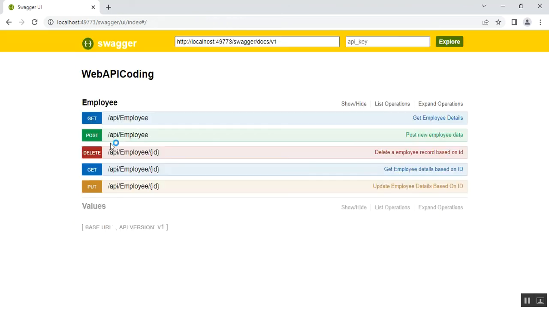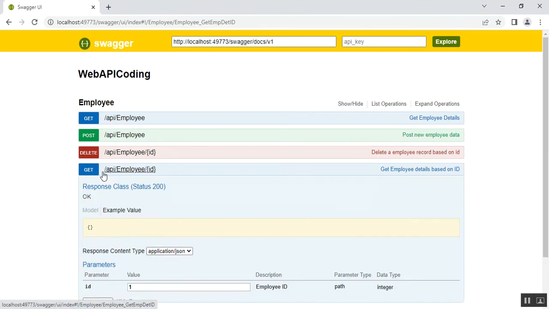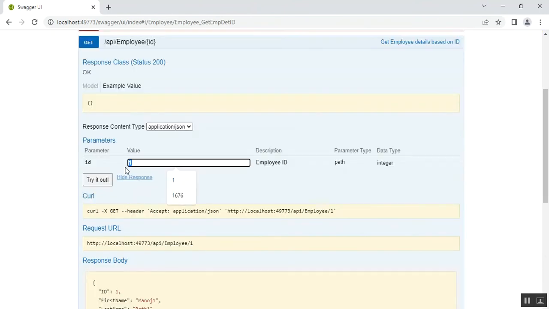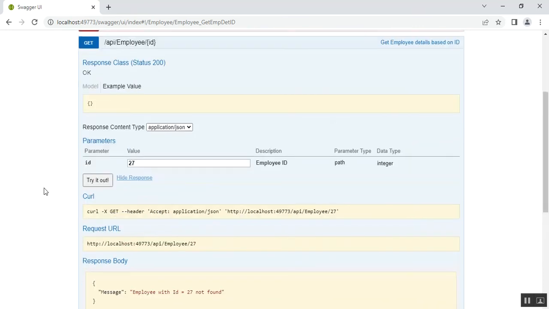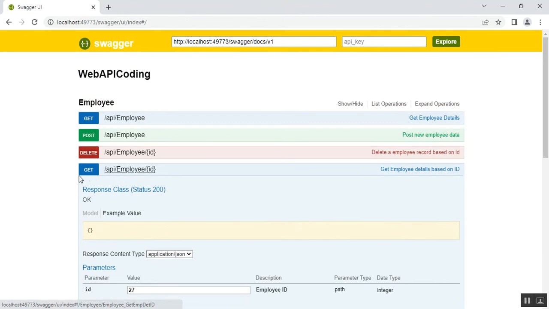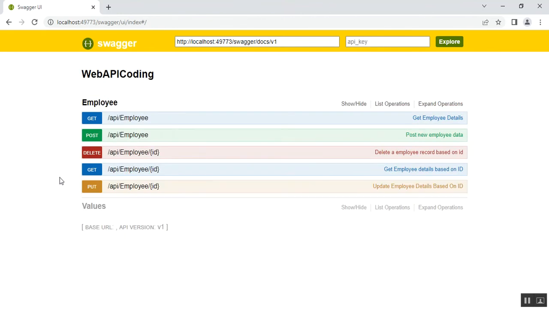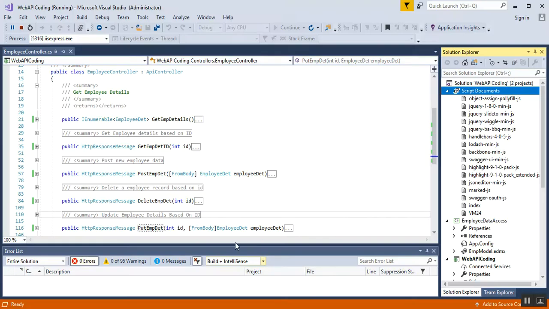So to check it, I need to go for get of employee ID, and here I'll check 27, click try it out. You can see employee with ID 27 is not found. So all the methods are working properly, even with the renamed methods. So the second scenario I'll do here is